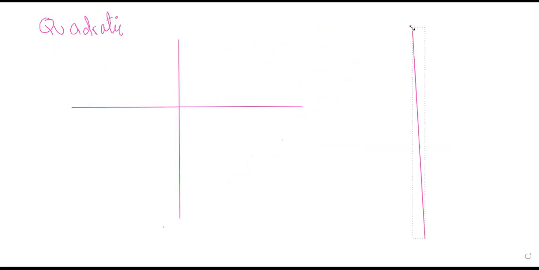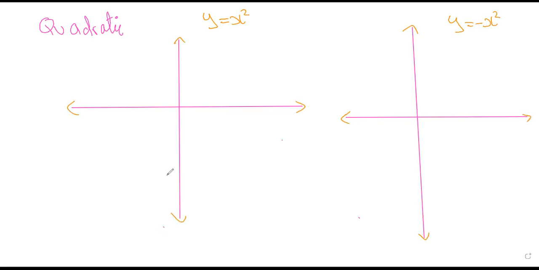This would be the second type. So either you will have y equals x square, or you will have y equals minus x square. For y equals x square, it would be a smiling face